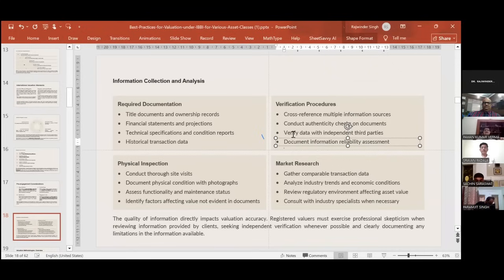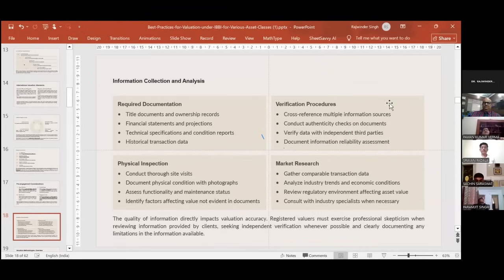So these are the things which you have collected from the client, and then you have to go to the market for market research. So from the market, you gather comparable transaction data, analyze the industry trends and economic conditions,